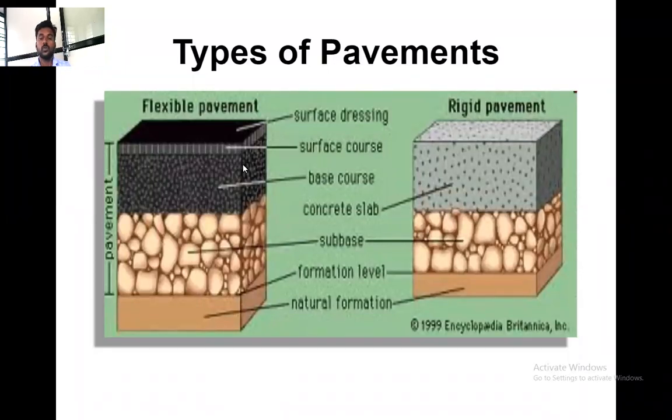So layers of the pavement depend on the type of pavement. If there is a flexible pavement, the layers are categorized as surface dressing, then the surface course, base course, or in between a binder may be there, then sub base course, then whatever the subgrade will be there. In the rigid pavement, the surface course, only one layer might be provided, and that might be called a base layer or sub base layer. Means surface layer, base layer, and the last one is the subgrade layer. So that much only is provided in the rigid pavement.